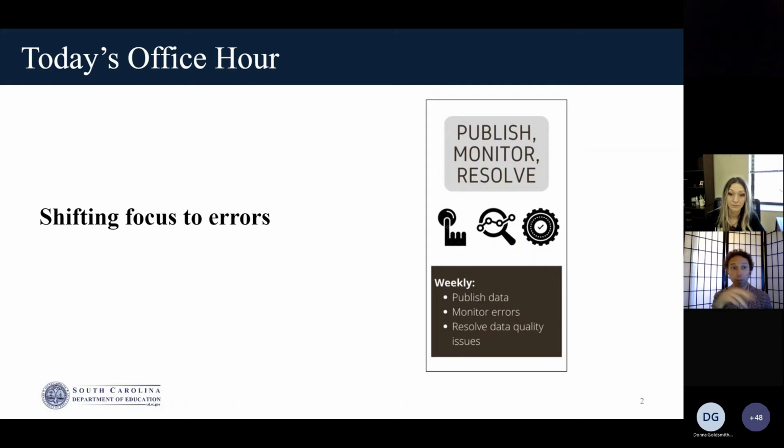Either send us the student record first and then we'll take the attendance, or if the student record is rejected by the ODS, it'll say, hey, you actually need a unique ID for the student before the ODS will accept it. And so that's the focus that we're shifting into now: what we're calling dependencies and errors.